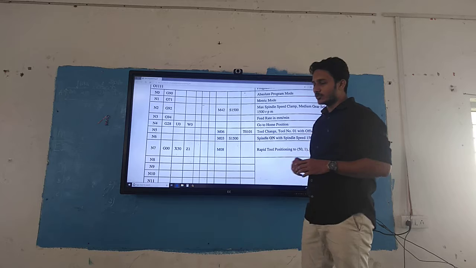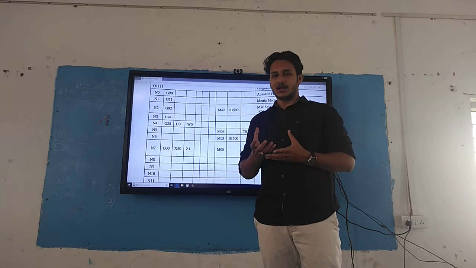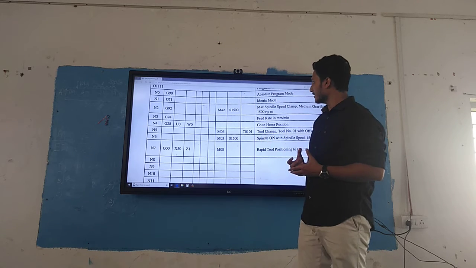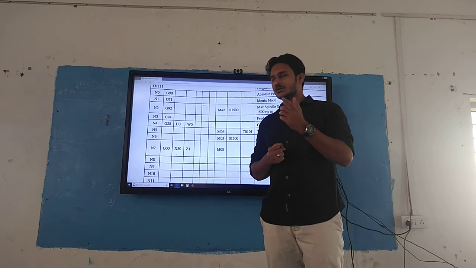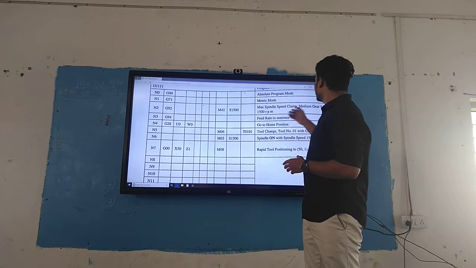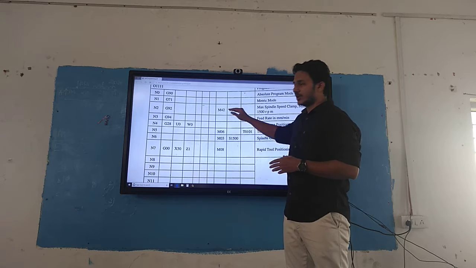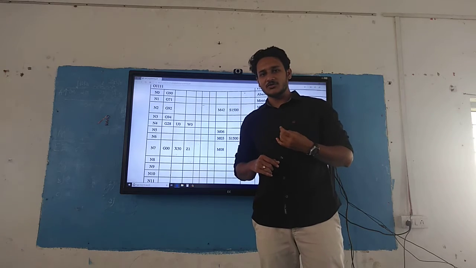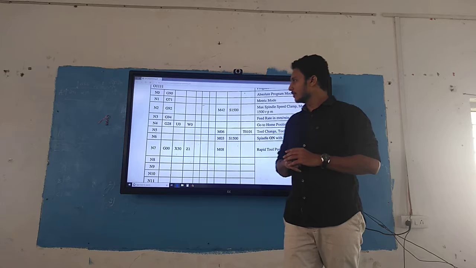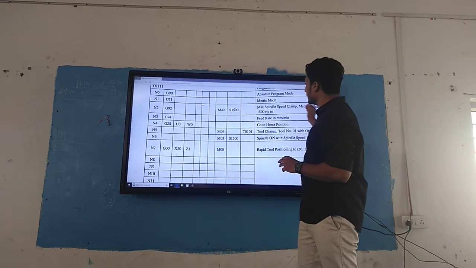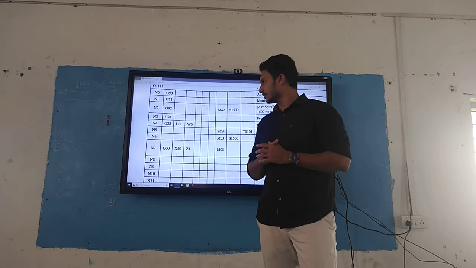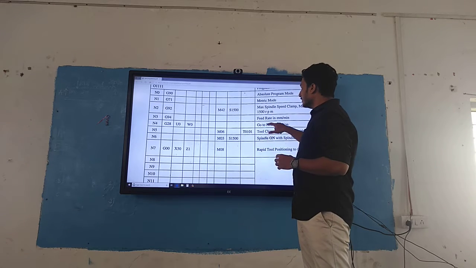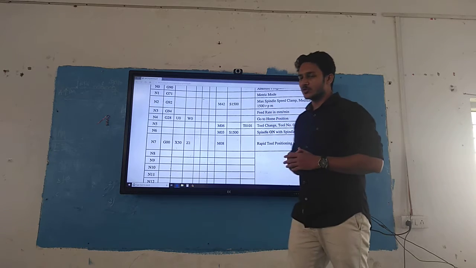Then if you have to start your spindle, for that we have G code G92 with the medium gear M41. Well, I said gears 1, 2, 3, 4 have M41, M42, M43 and M44, with a spindle speed of 1500 revolutions per minute. Then the feed rate in mm you have to specify.